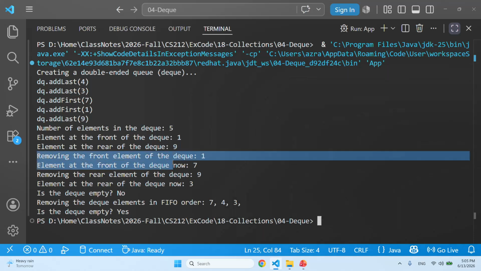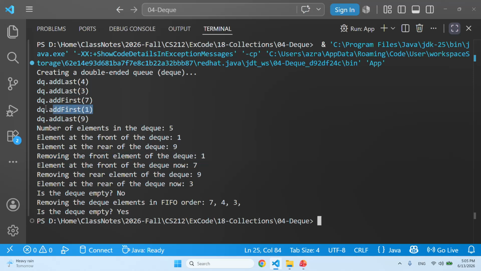So I'm now saying remove the front of the deque. Obviously 1 is now removed. So the element now at the front should be 7, as you can see. So if I say peekFirst, it should return me 7. Then I'm removing the element at the rear, which is 9. And the element that would be at the end would now be 3, as you can see, and that's what I'm getting. Is the deque empty? No. So then I'm just going to get the remaining elements of the deque in FIFO order. So that would be 7, 4, and 3. And is the deque empty now? Yes. So again, the only difference between a queue and a deque is a queue is a FIFO queue where you can only add items at the end,